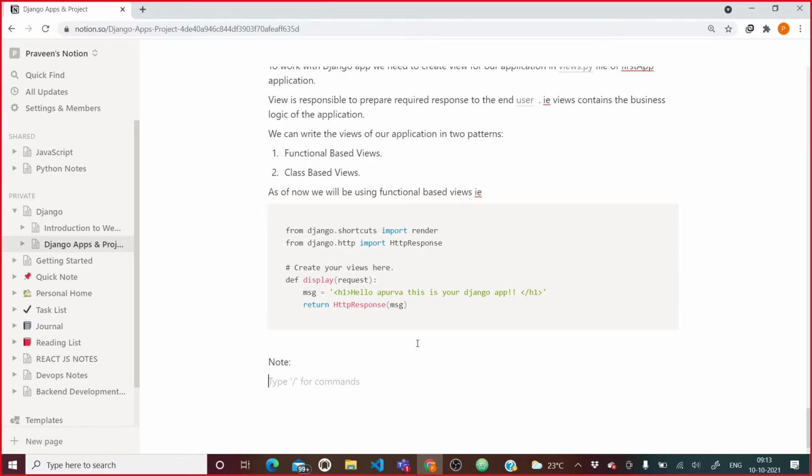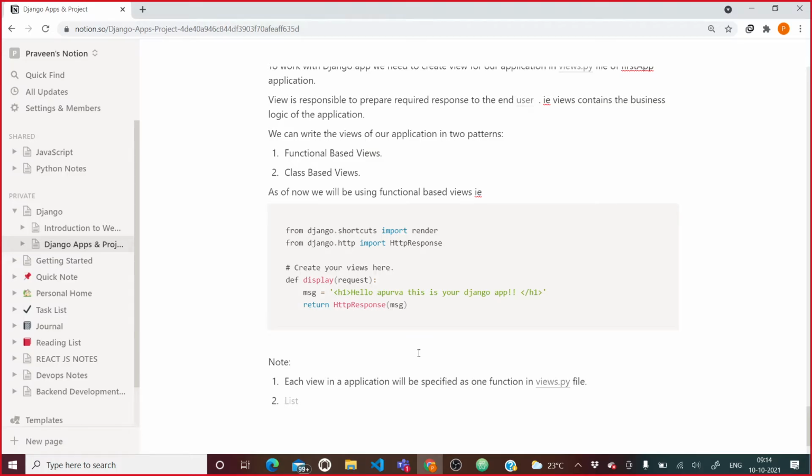Look, each view in an application will be specified as one function in the views.py file, right?